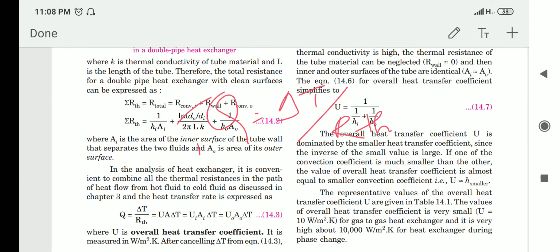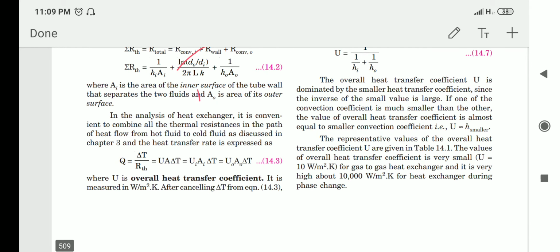You can better understand it as follows: instead of expressing in terms of thermal resistances, we are expressing in terms of conductance. If we are expressing heat transfer, we get an overall term which combines the effect of conduction and convection. If there is radiation also, we can include that in the overall heat transfer coefficient term. So that is how we define U.